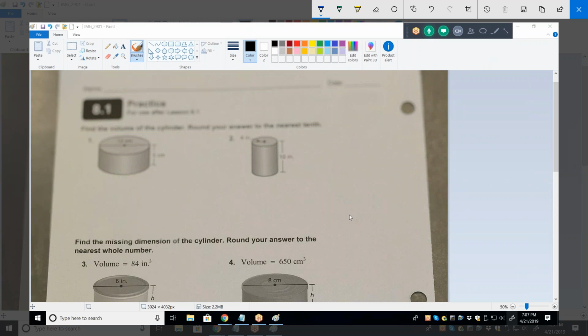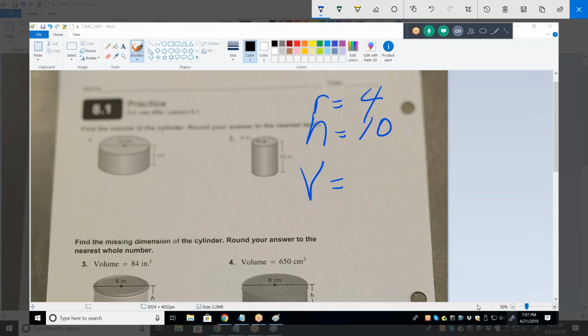So let's look at the second problem. Tell me what everything I'm looking at in the second problem is. What's the radius? 4. What's the height? 10. What's the formula for volume? That's always where you want to start. The formula for volume is radius times